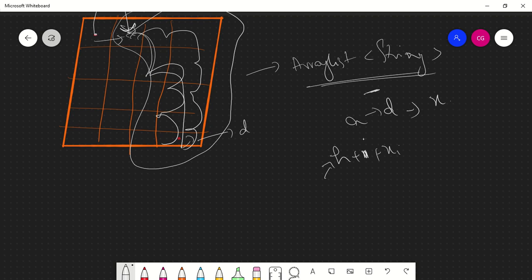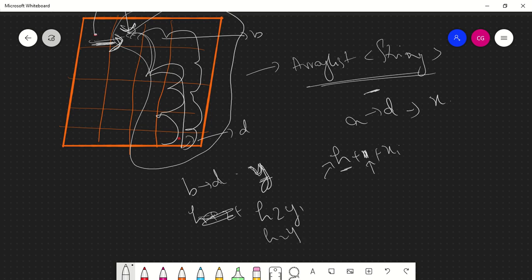Here h is the horizontal move which you made, and 1 is the number of steps you have taken from that particular point to reach that point A. For example, take this point to be B. If you have got the solution from B to D as y, then you need to add h2 in front of all these y paths: h2 y1, h2 y2, and so on. These all will give you the answer from directly source S to D. I hope you understand. Now let's see how we can code this out.